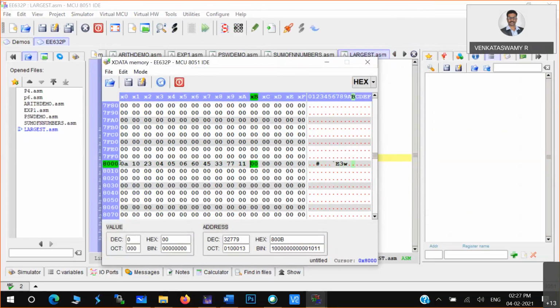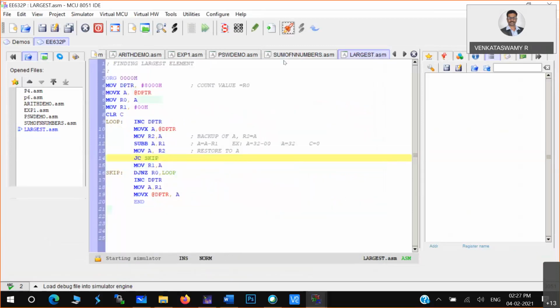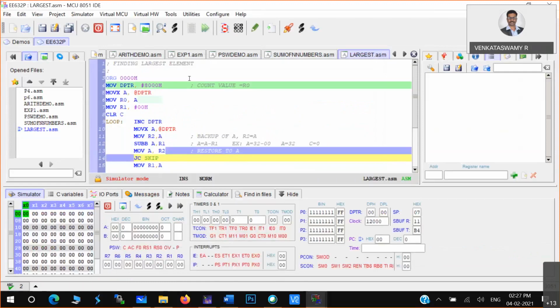So like this, you try to feed the values. It should not be sorted. Say in my case, 77 is the largest value. So after 11, 77 should come. So when I run this particular program, in the external